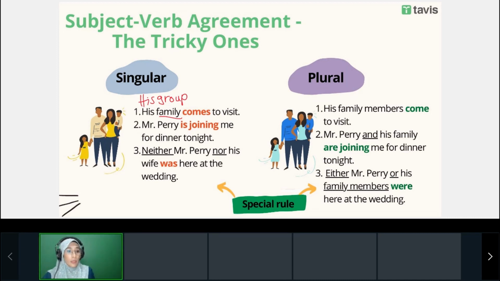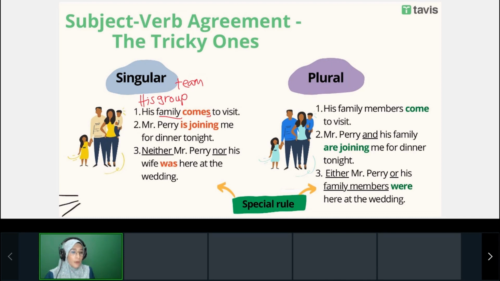Even if you have team, team is also one, singular also. So remember, anything singular, anything that is one, we always add s to the verb, except for